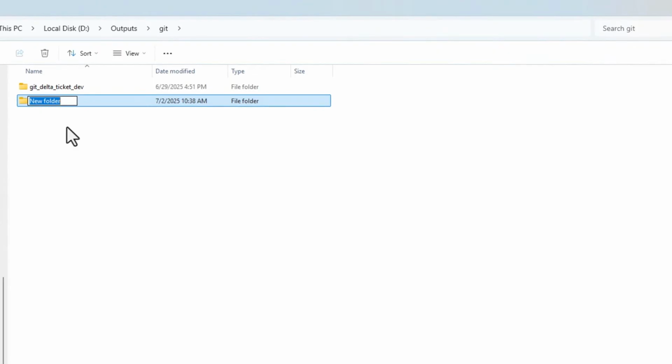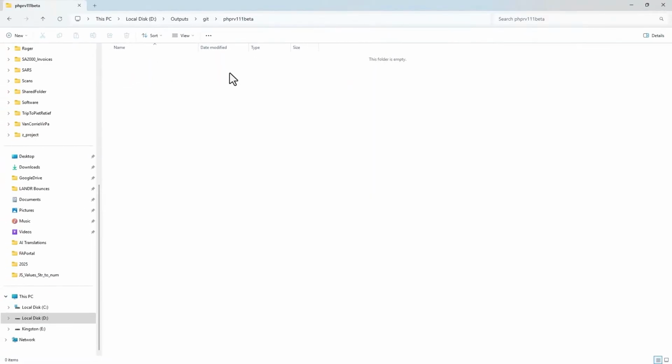I will then create a new folder that's also descriptive. So PHPR V11.1 beta. I like to keep everything in small caps. That's also up to you, just me. Don't worry about that. And there is nothing in this folder.